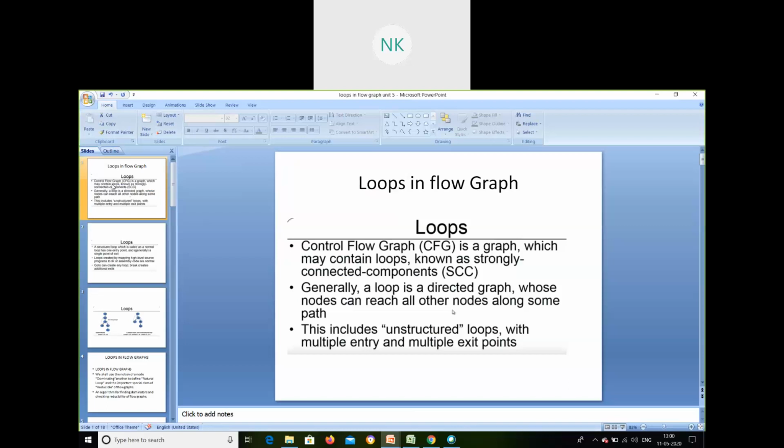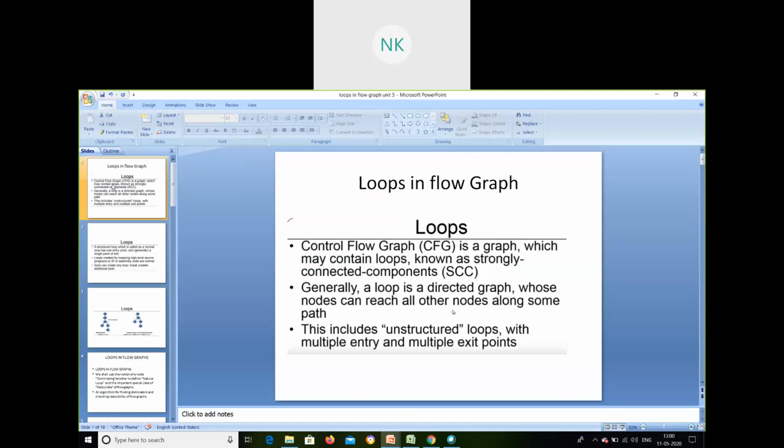Generally, we know that a graph represents three address code. All your three address code is represented as a graph of basic blocks, and these three address code graphs you call a flow graph. How the flow goes from one block to the other, we have seen before. We study loops in flow graph so that we can understand the code generation algorithm, how code is generated after optimizing it.